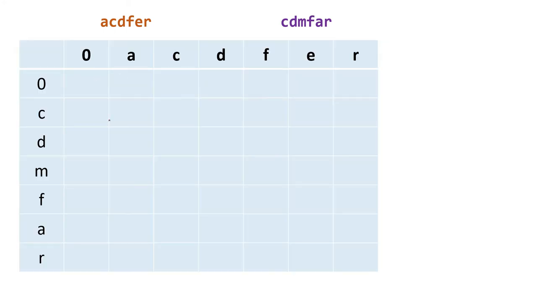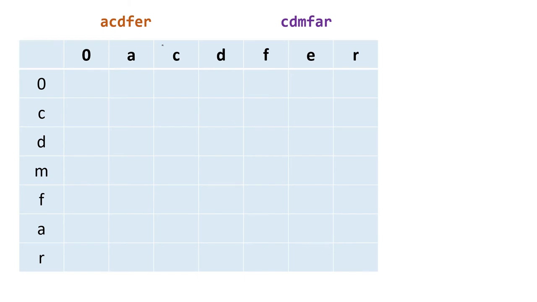So here I have taken two strings and we have to find the longest common subsequence between them. One is ACDFER and another one is CDMFAR. We have to place them in a table where side by side we can compare and proceed. For that purpose we need a DP table, where we need an extra row and column for 0. Why, I will come to that. Then we fill it up and proceed, and at the end this corner, whatever the result is, will be our answer.